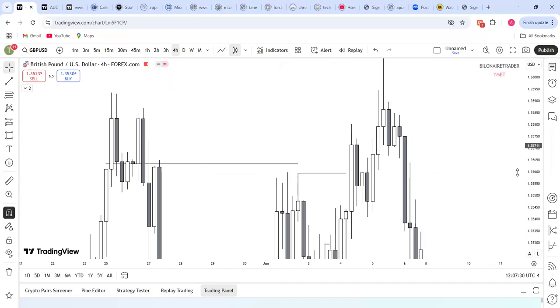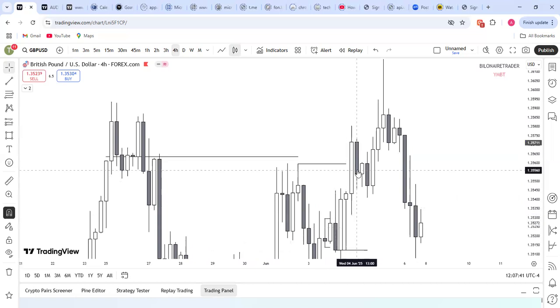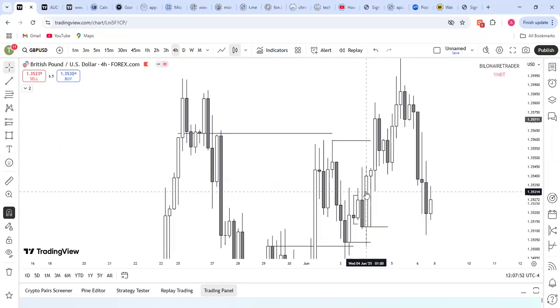Right. So immediately, that was how we were able to capitalize and then join into the old buys that we enjoyed in the previous week. Right. So that's like a short recap of how we trade